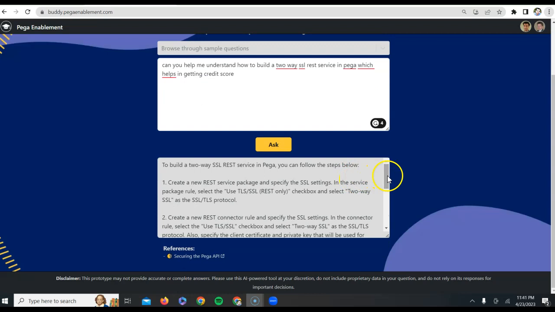Now, if you see, it is generating the response. I asked it, and then it is generating a response telling that to build a two-way SSL REST service in Pega, you have to follow these steps. It is literally giving you a step-by-step approach, a baby sort of hand holding is being done here, where